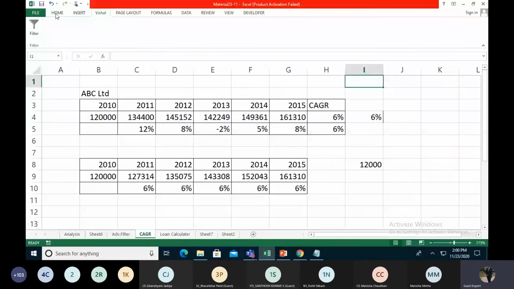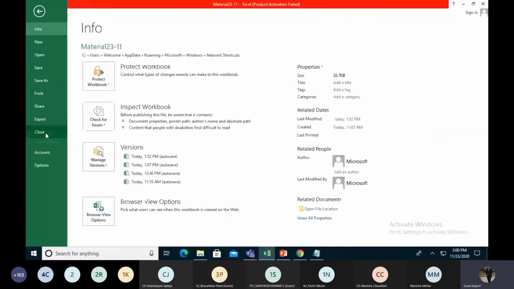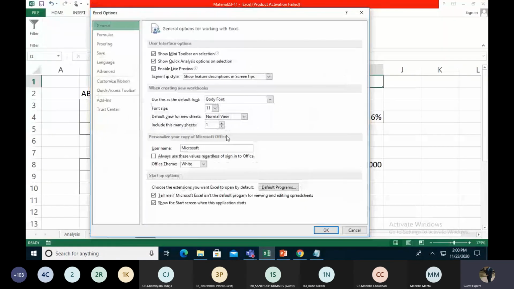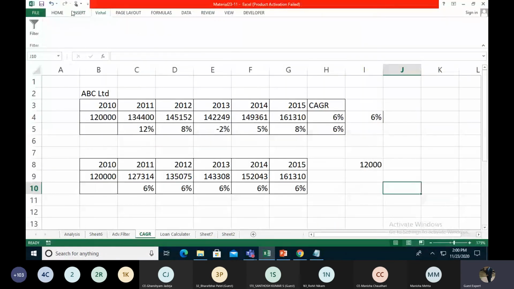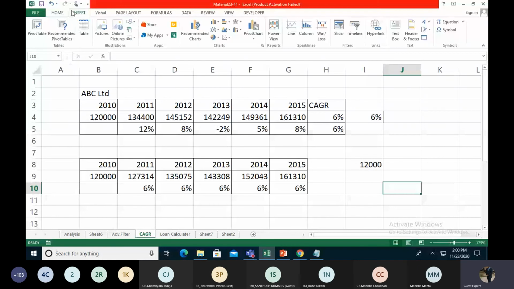One thing is important: we are using the 2013 version over here. I recommend you please use 2013 or a higher version like 2016 or 2019, because some formulas are not available in 2007.